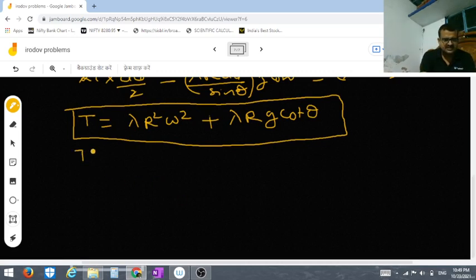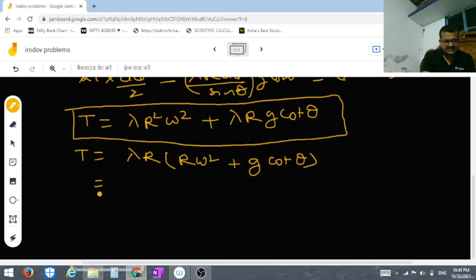This will be T, here I will take lambda r as common, here I will get r omega square plus g cot theta, and you know tension is equal to